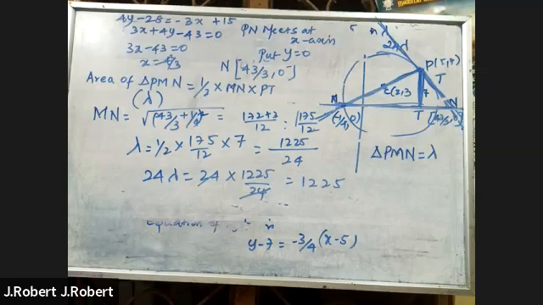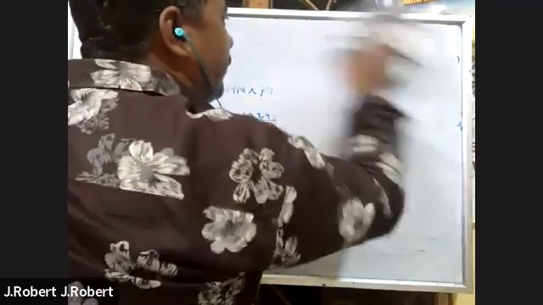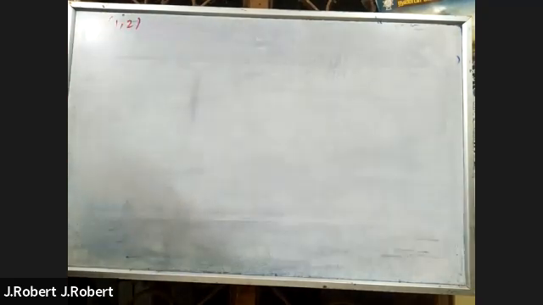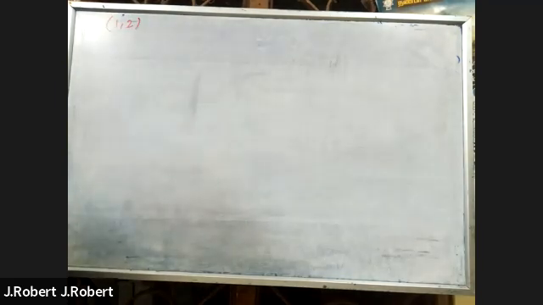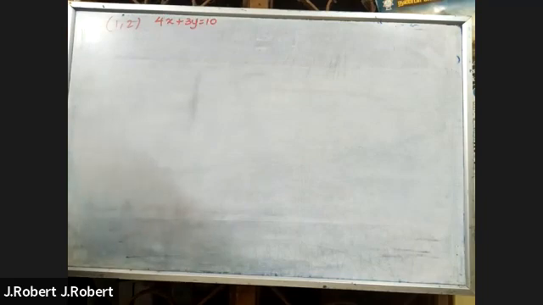Two circles, each of radius 5 units, touch each other at the point 1, 2. If the equation of the common tangent is 4x plus 3y is equal to 10,